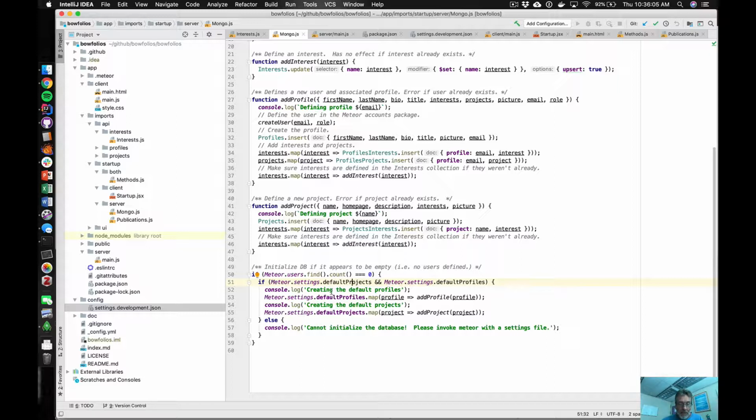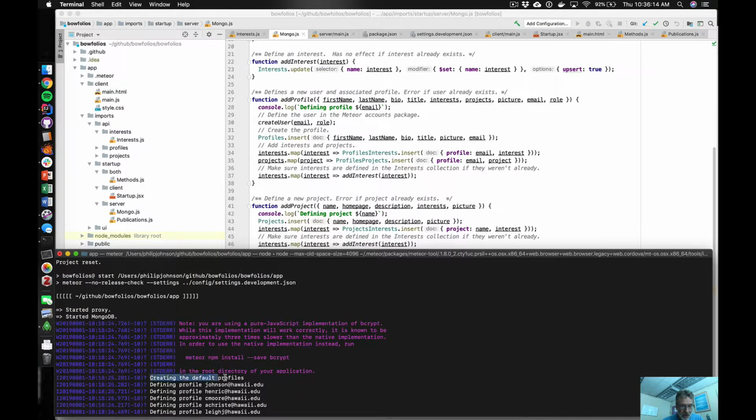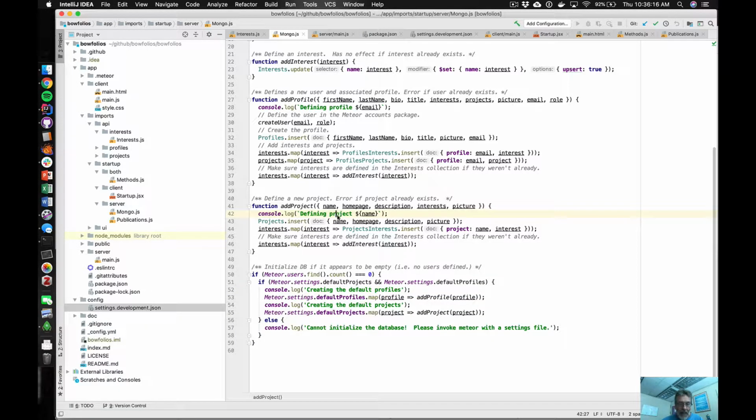So we'll say, okay, we're about to create the default profiles. Where's that line? Here it is, creating the default profiles. And then what we're going to do is go through each of these default profiles, extract one, and call the add profile method. So if we look at a